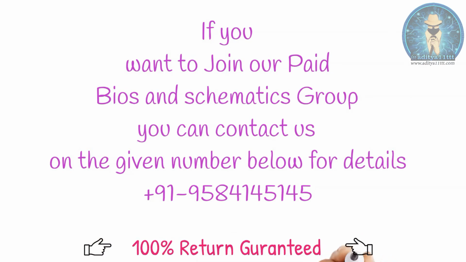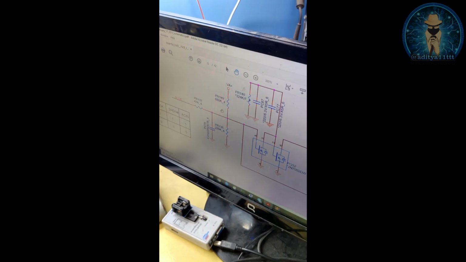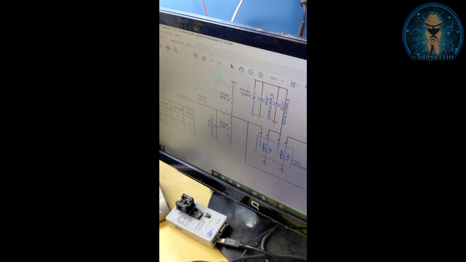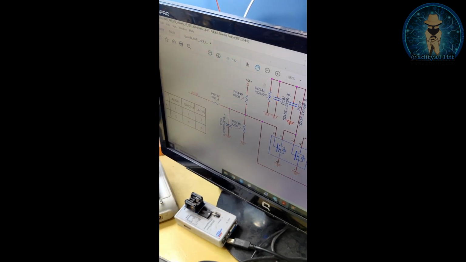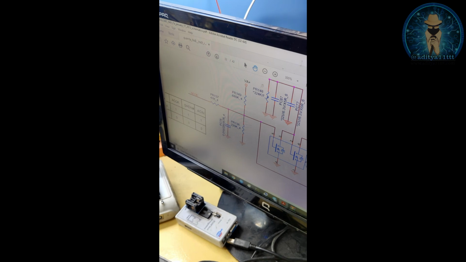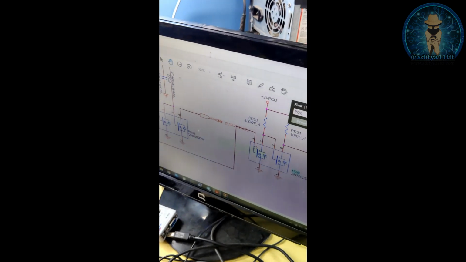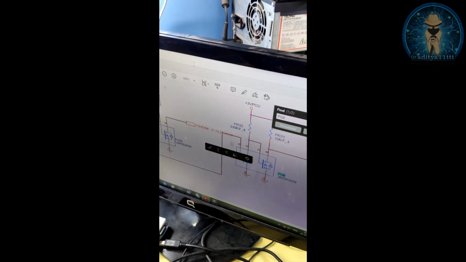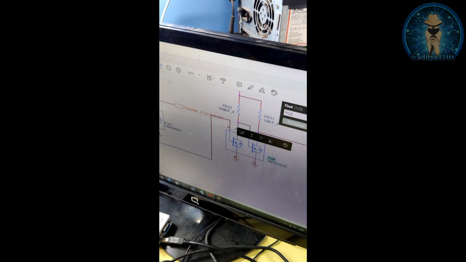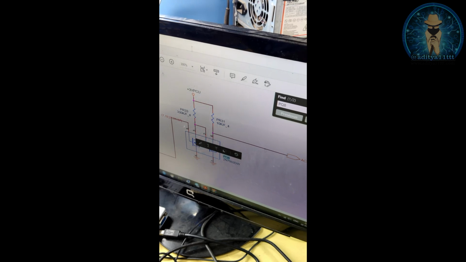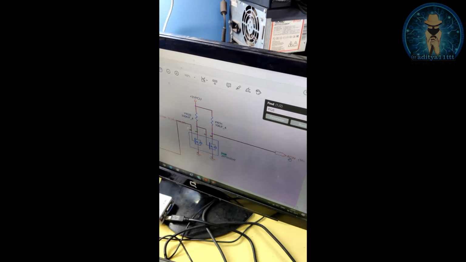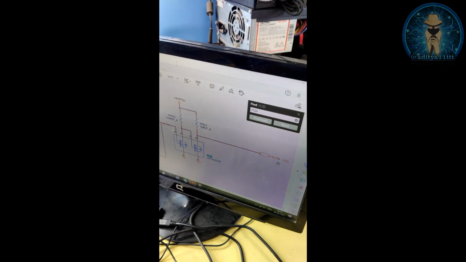So what I did, I directly replaced the pull-up resistor and pull-down resistor from a scrap motherboard, and this capacitor also. After that I am getting the proper voltage, 4.65, and after getting 4.65 volts, this pin number 3 goes to ground, and my pin number 6 has the proper 3.3 volts, and ACOK is also high at that time.